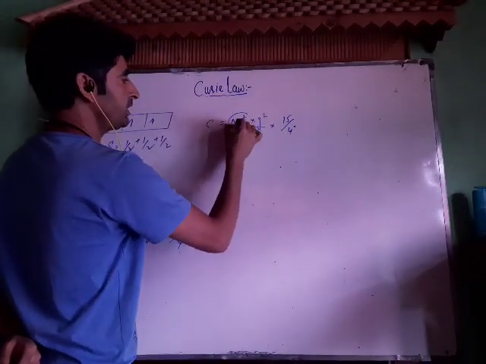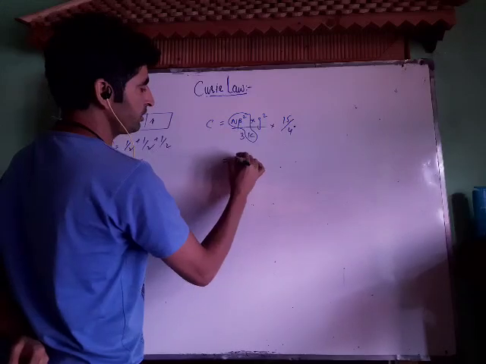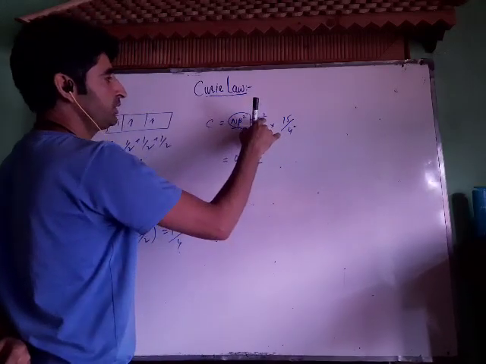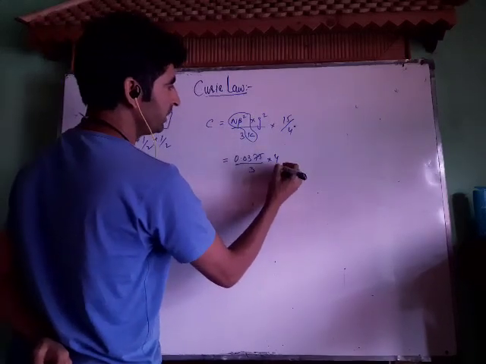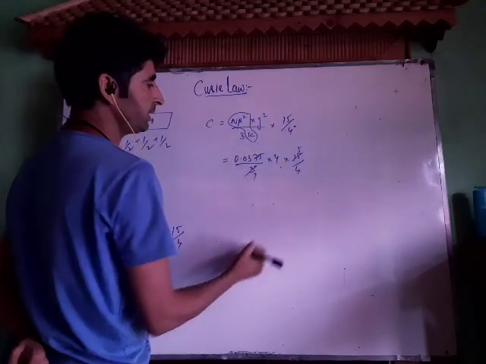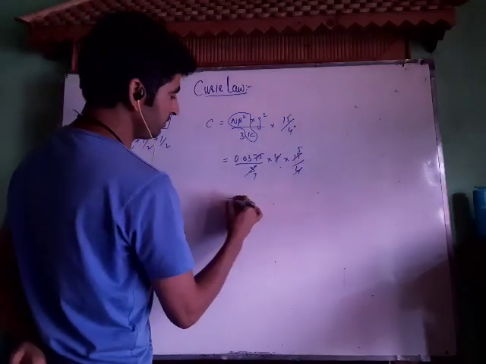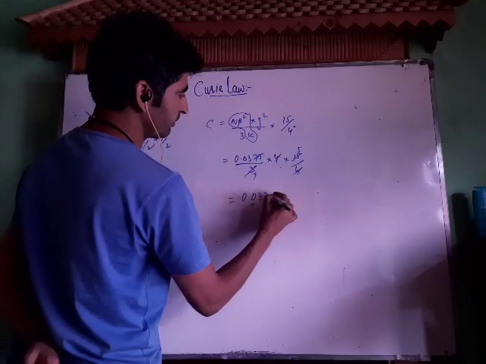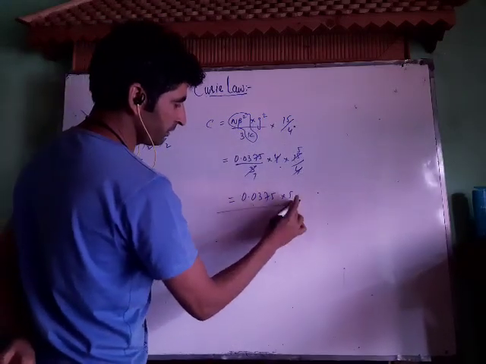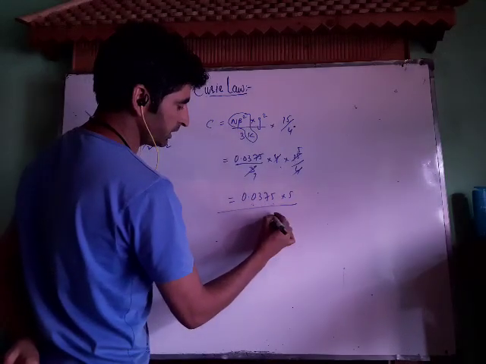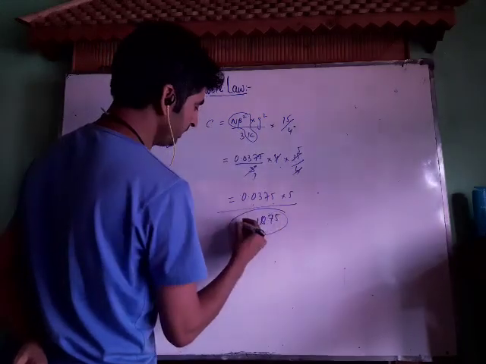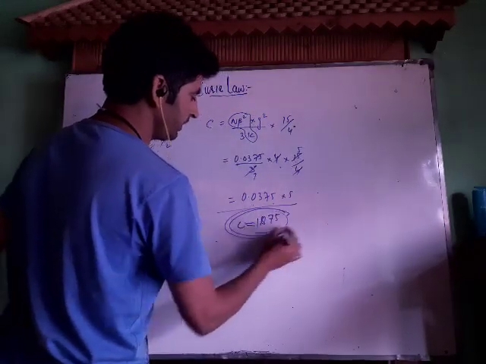Now see, n beta square upon k, its value is 0.0375 divided by 3. Value of g is 2, that is 2 square, that's 4 into 15 by 4. Now 3 1s are 3, 5s are 15. Now 4 and 4 will go, we get 0.0375 into 5. Now this comes out to be 5 5s are 25, 5 7s are 35 plus 2 37, 5 3s are 15 plus 3 18. That's 1.87. Means C will come out to be 1.87.